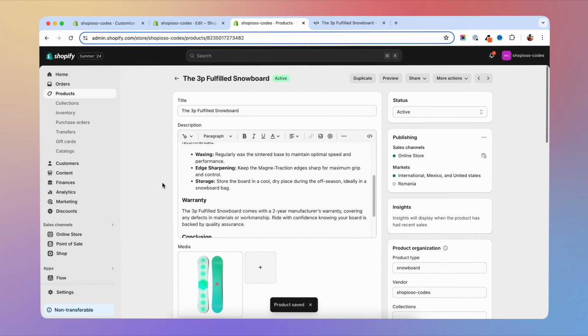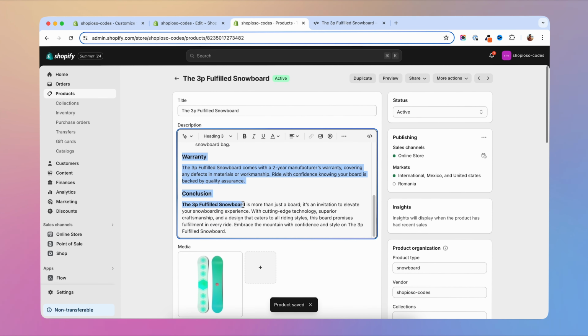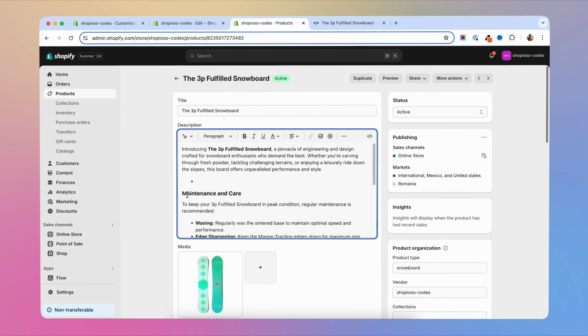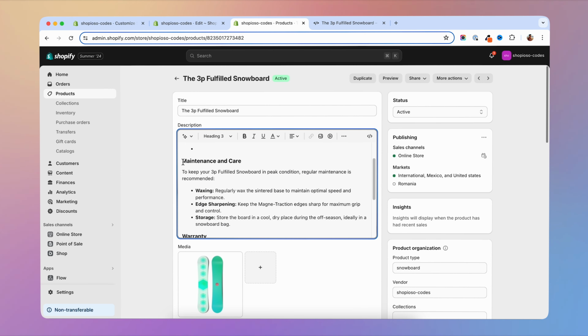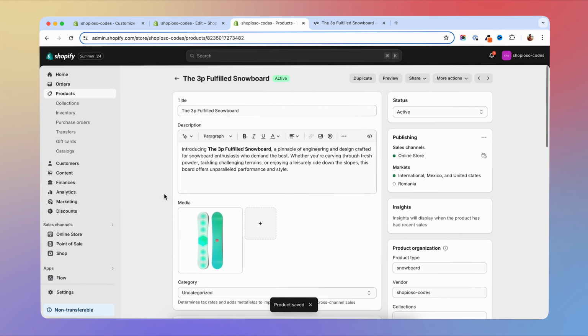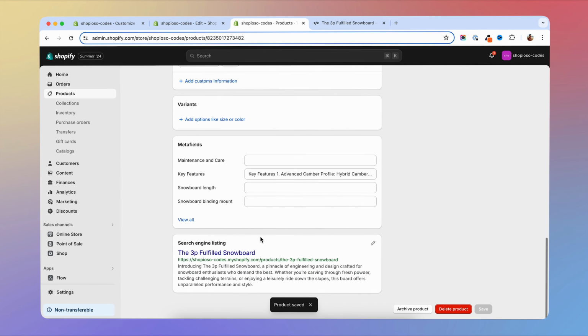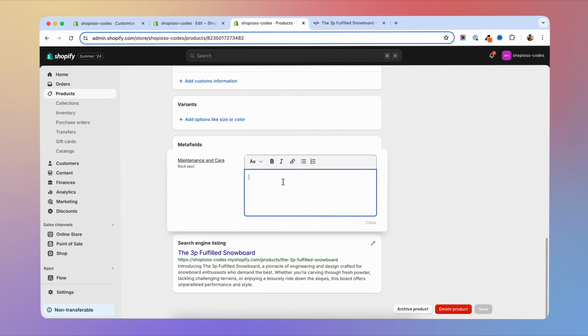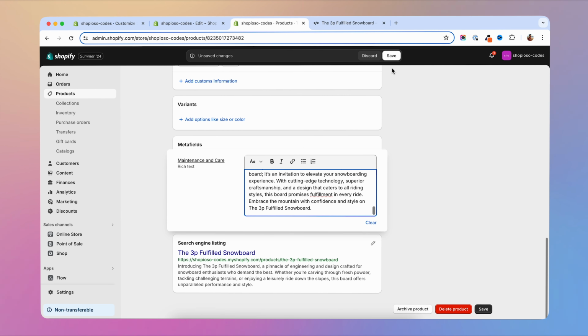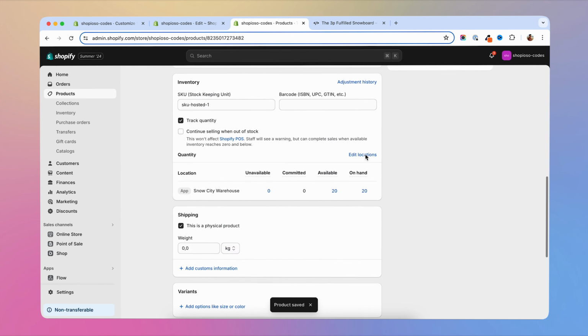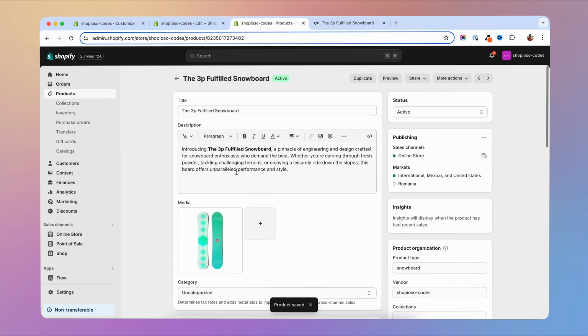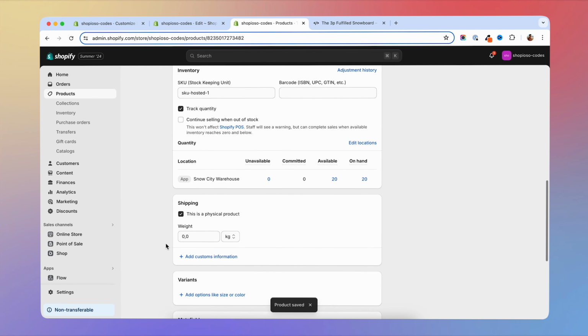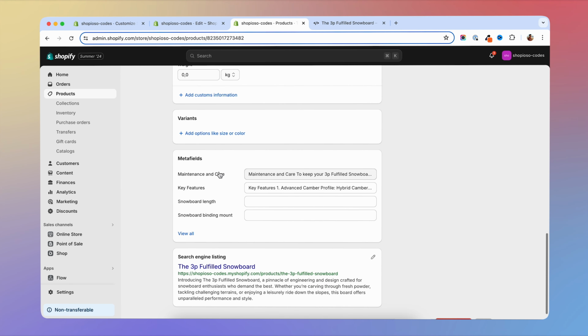Then I'm gonna go back up and copy the second part of the description, which is this one here. So I'm gonna go down below to maintenance and care. I'm gonna paste this in here, and I'm gonna save. And now we have the description here and the 2 parts that would go in those collapsible tabs in here